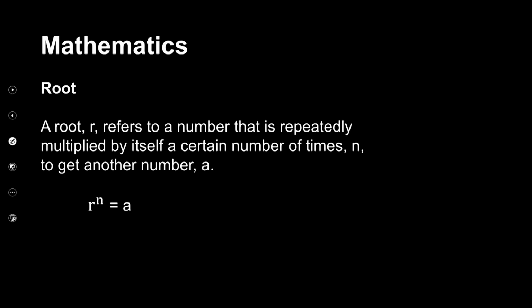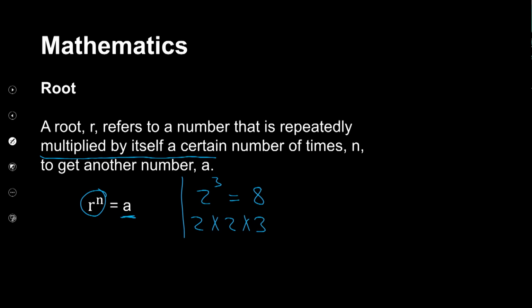A root, however, refers to a number that is repeatedly multiplied by itself a certain number of times, which is n, to get another number. So if I give you r to the exponent of n is equal to a, this simply means that r is multiplied by itself n times in order to give us the value of a. A typical example will be 2 to the exponent of 3 is equal to 8. So this is 2 being multiplied by itself 3 times in order for me to get